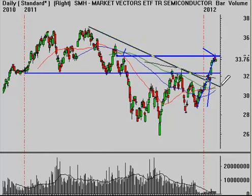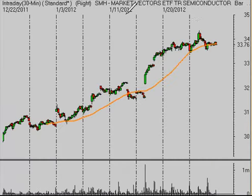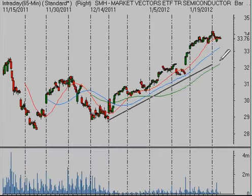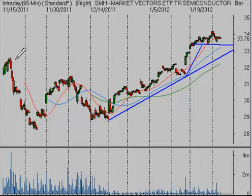Since breaking this downtrend line, we've seen real nice movement to the upside, and there's nothing really showing us evidence of a breakdown. Below 33.5, I think that's your level to get a little bit more defensive on this market. You can see the steepness of the uptrend in the semiconductors. It took on this next little leg higher here, and if we break below 33.5, then I think you're going to see at least a pullback down towards